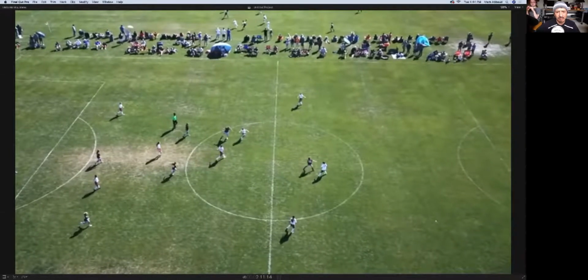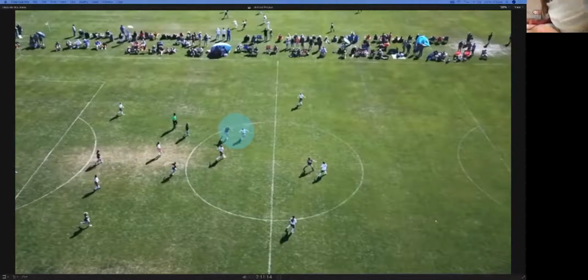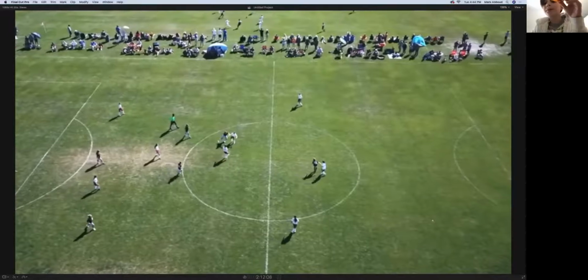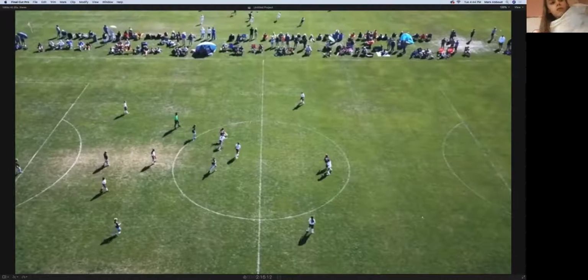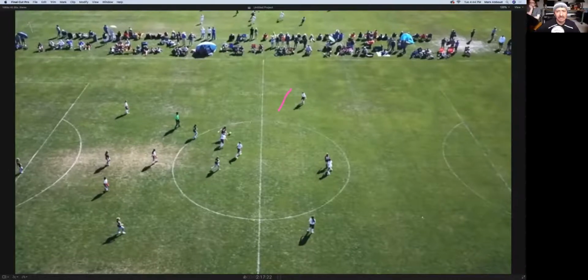She's got her hand up, but the player on the ball gets held up. All right. She's got to take more touches to beat a defender. And now she's cleared her defender. So now